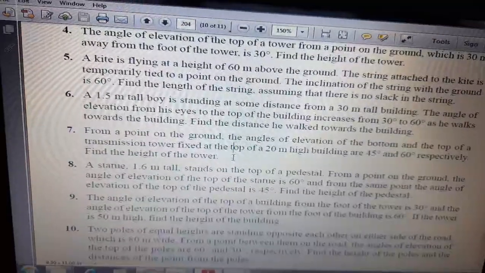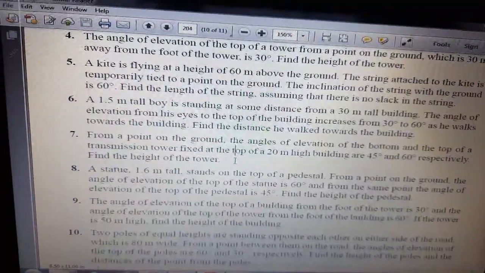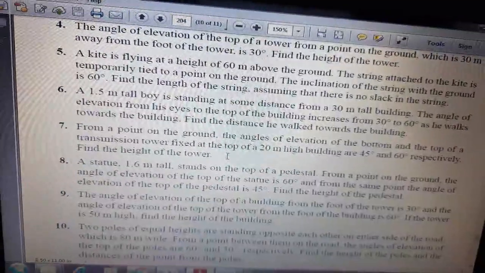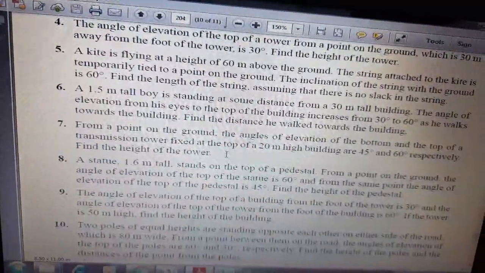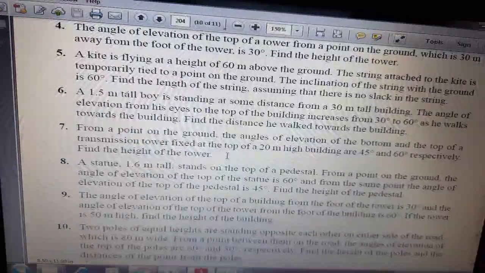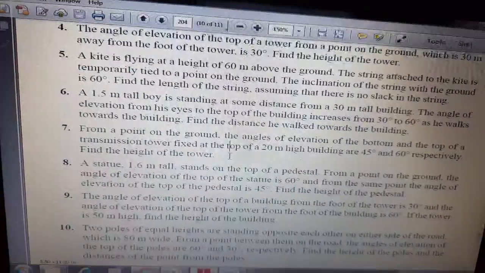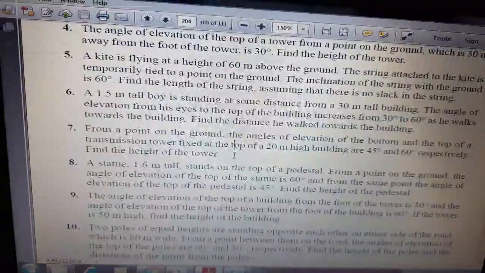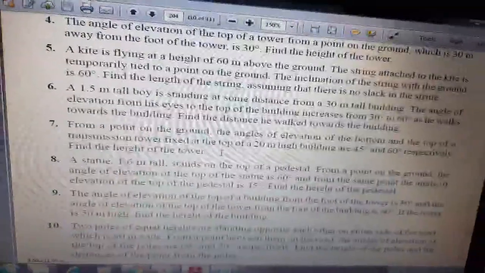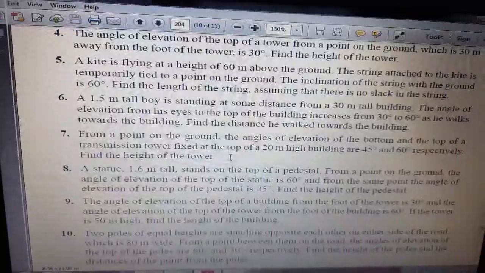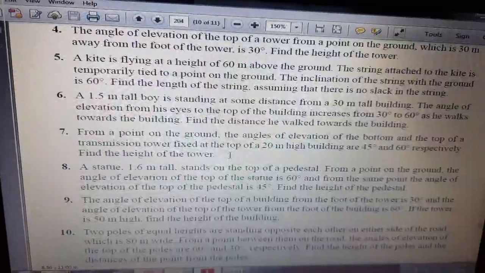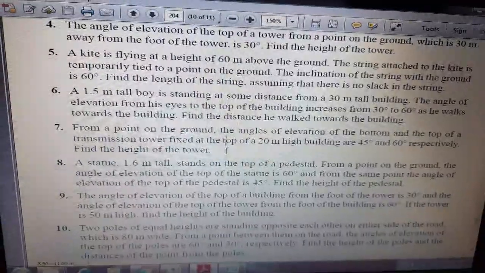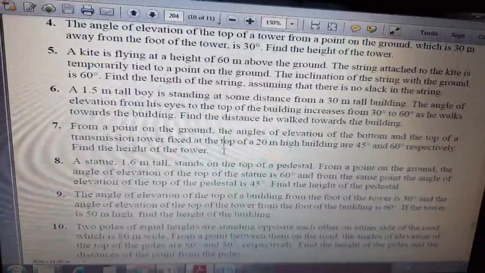Somewhere on the ground there is a point and suppose a person is watching from there. If he is watching the top of the tower, the angle of elevation is 60 degree, and if he is watching the bottom of the tower, the angle of elevation is 45 degree. So children, do not get confused here about which one is the angle of bottom and top, as he is writing bottom and top of the tower respectively.